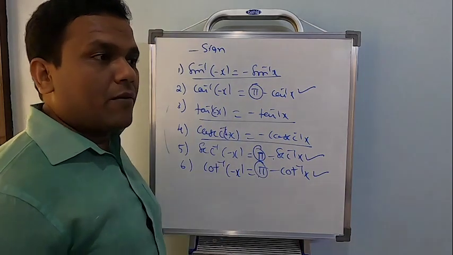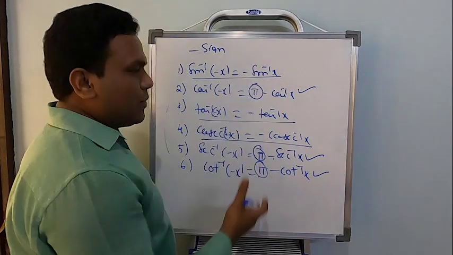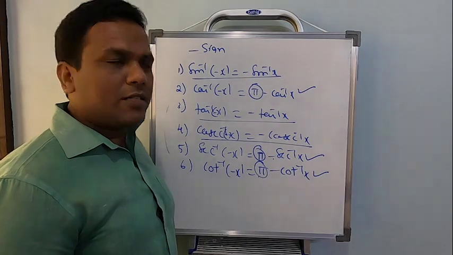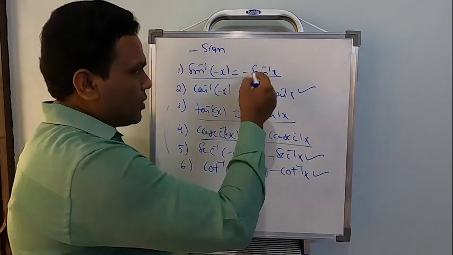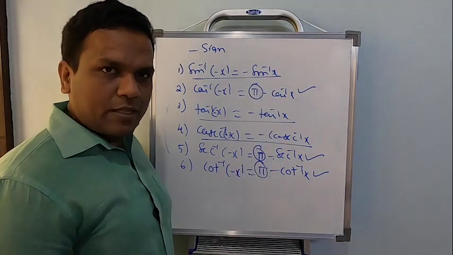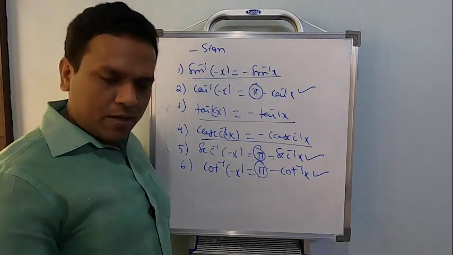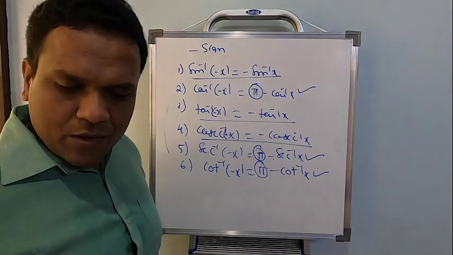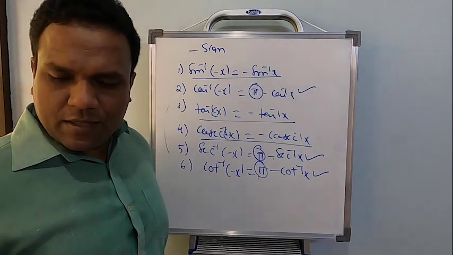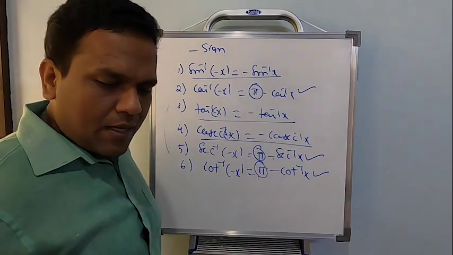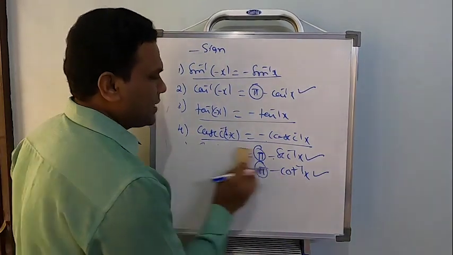Sir, when will I get pi, when will I not get pi? So once you make a list, then based on the 6 you decide, no? I can notice there are 3 formulas with only the negative sign. There are 3 formulas starting with pi. So please remember this. We can solve many problems based on this. Now let's go and study the next one.